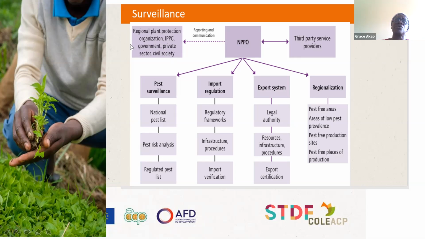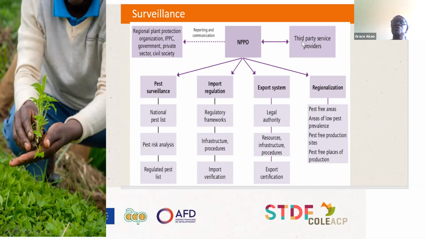within your governments. You may recall that when you do pest surveillance, you might find that you need data, you need weather data, for example, from the meteorological sector. You may also find that you need to engage with the people who do environment protection. You might also want to engage with the people, let's say, who work in game parks, in protected areas. So they fall under this. So you as an NPPO, you are engaging with these other communities.